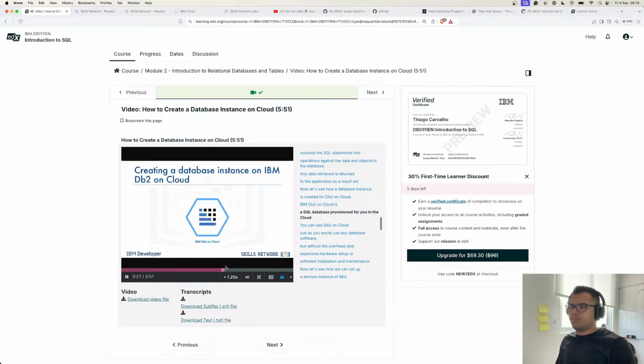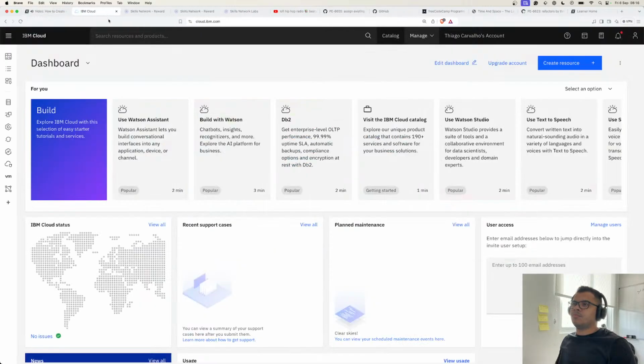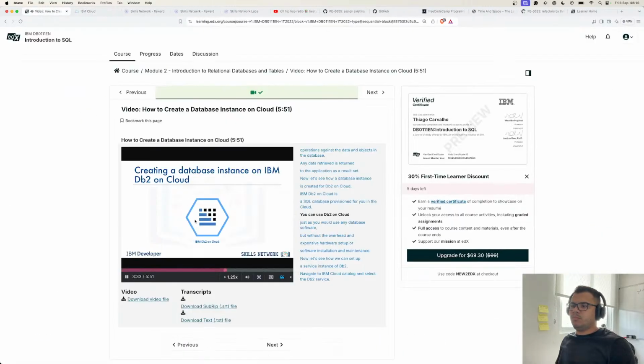DB2 on Cloud is a SQL database provisioned for you in the cloud. You can use DB2 on Cloud just as you would